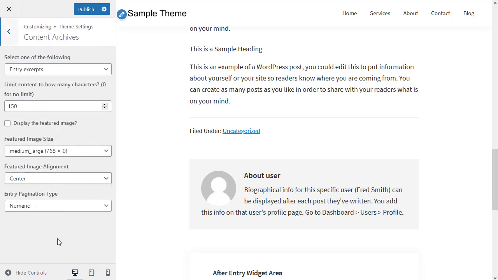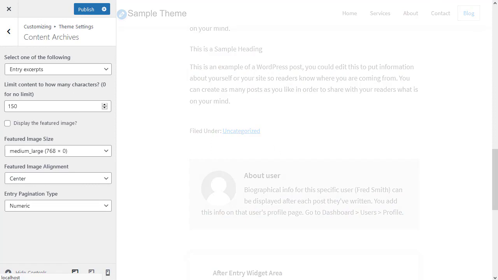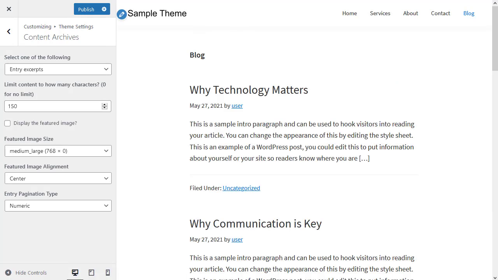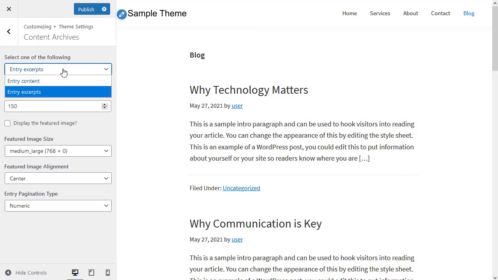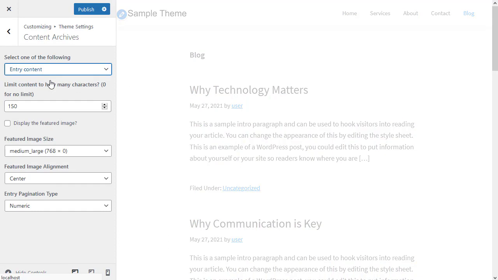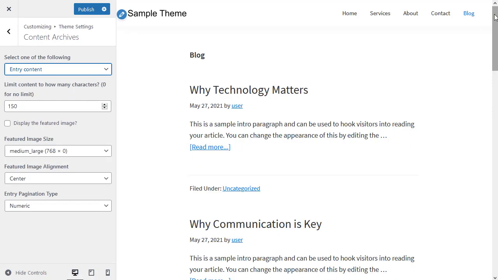Content archives, that's how the blog page will appear. And if we go to the blog page, now if you look, this is showing excerpts, which is just a bit of each post, which makes it easier to read through. But if we change that excerpts to entry content, it'll show the whole post, which is quite a lot to